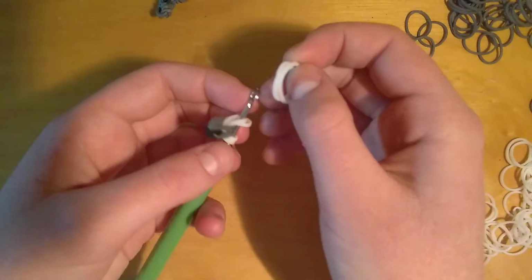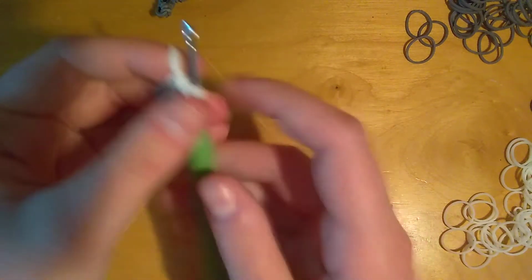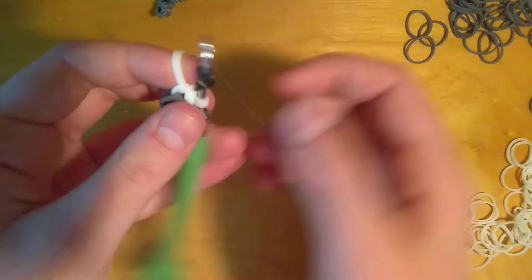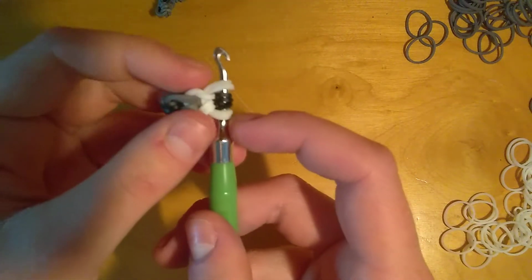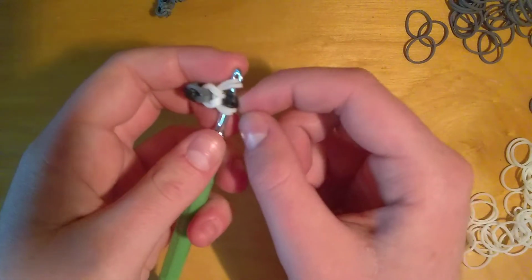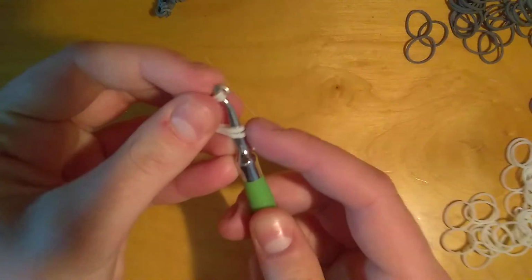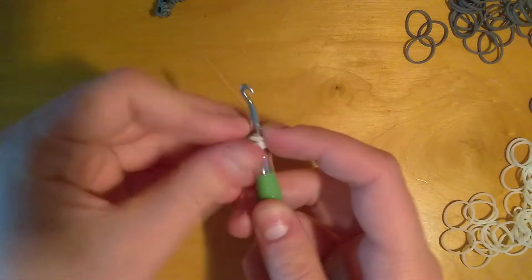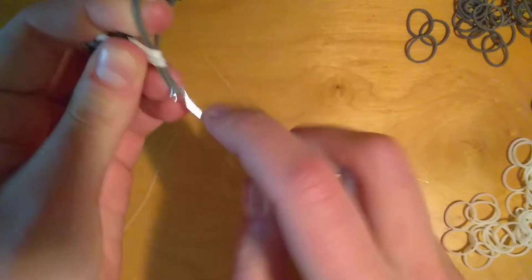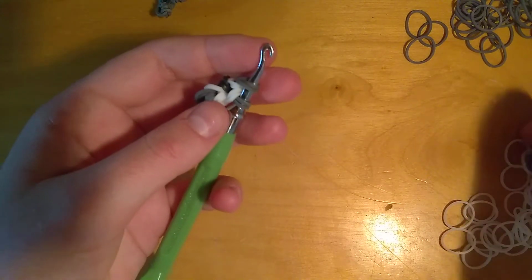like to put on. So how we'll do this is you'll pull your second white through, but don't grab the end yet. Wrap a black band around 4 times, and now reclaim. So your white stitch and then your black cap band and your 2 white are on your hook. So grab the cap band and pull it over your hook so that it goes onto that white pair of bands. Okay, so now we'll do another normal gray stitch, pull through gray bands, and then for the shoulder I'm